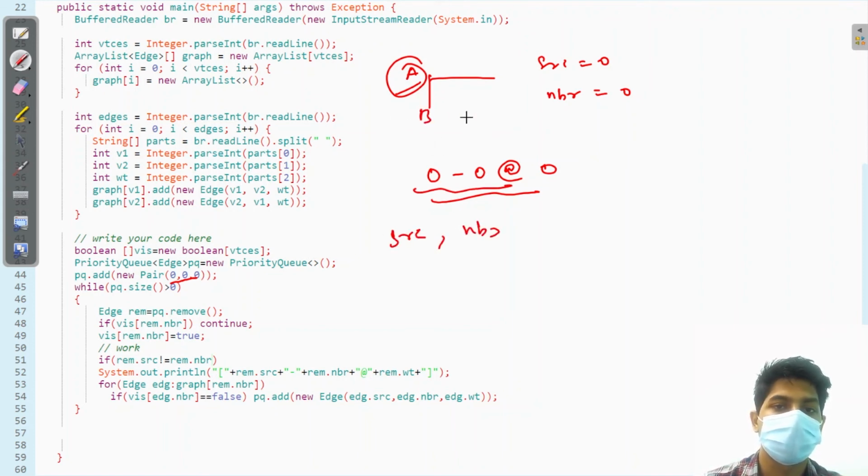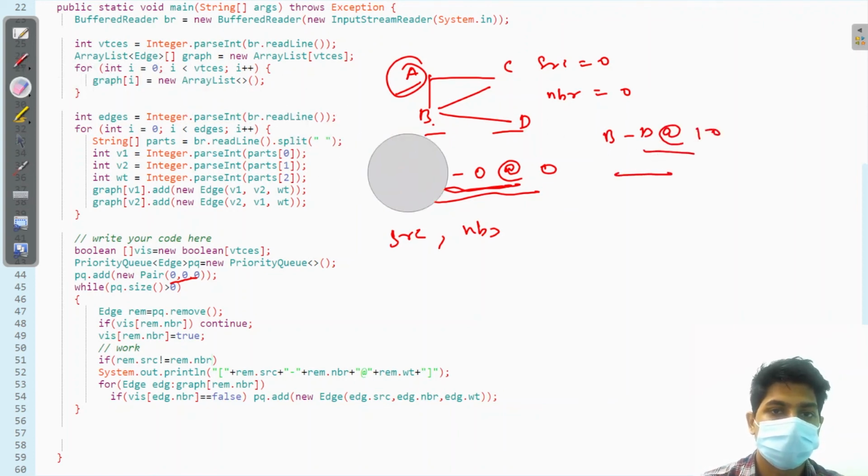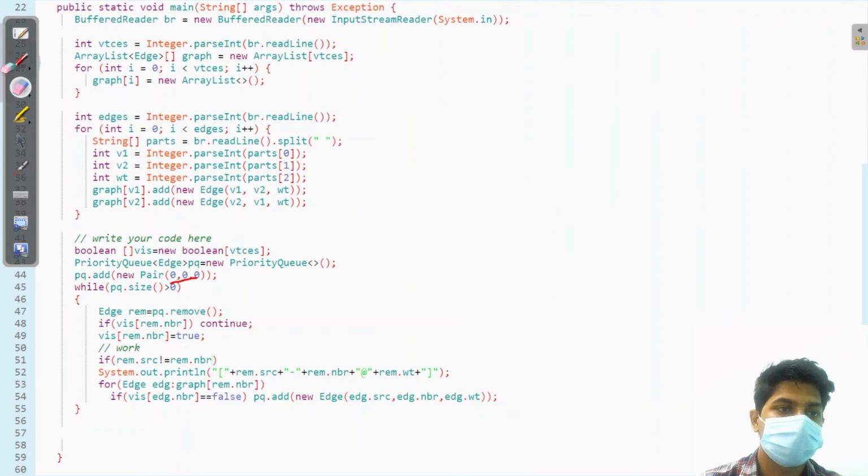Like for our A to B, source and parent will be different. For A to C, for B to C, B to D, anything, source and neighbor will be different. So for those edges, this will be printed, like B to D at the rate of 20 or 10. For the source node we do not print, we skip that part. So if this is not equal to this, then we can print this, else we do not print it.